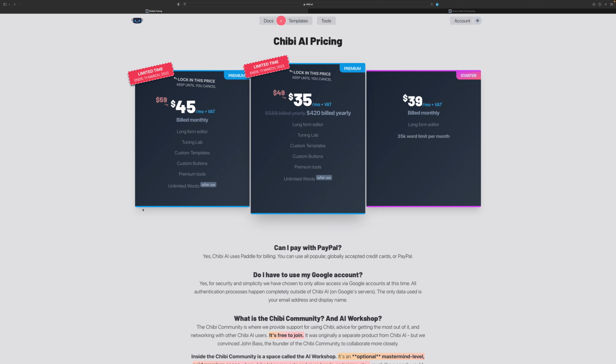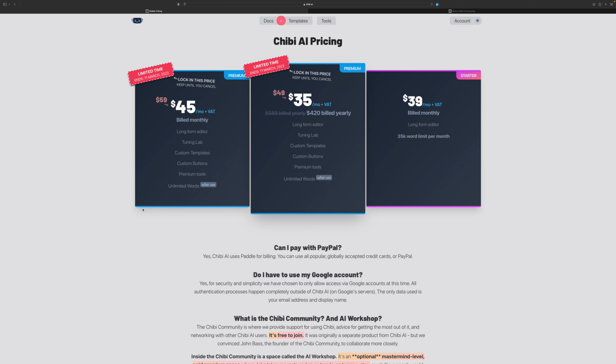I don't know if you've ever tried to run a business that does international work, but there are so many rules. It's almost impossible. So luckily, by using Paddle, they're going to handle all that stuff for me, and I can focus on Chibi. But it means that things like VAT tax are going to be applied on top of the price. So for a limited time until March 11th, for my early adopters,